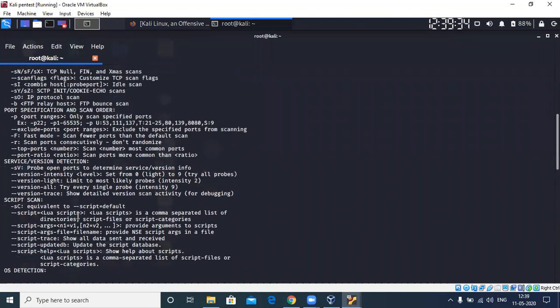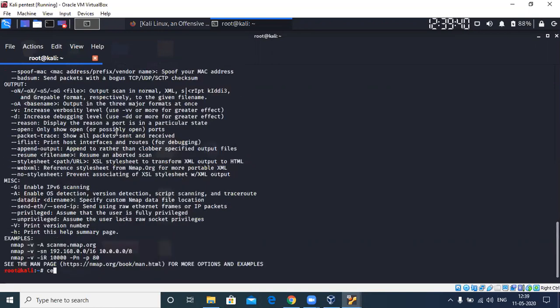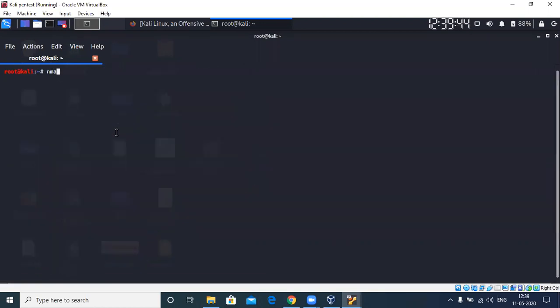Right, so it is sT. S, capital T, as you can find here. So nmap 192.168.1.13, which was Metasploitable, and I want a full TCP connect scan. So let me initiate.